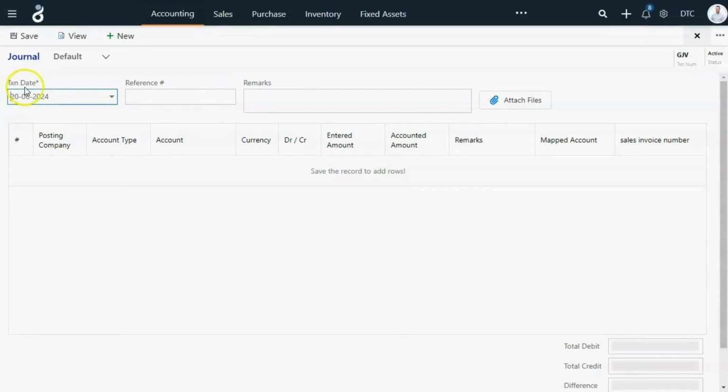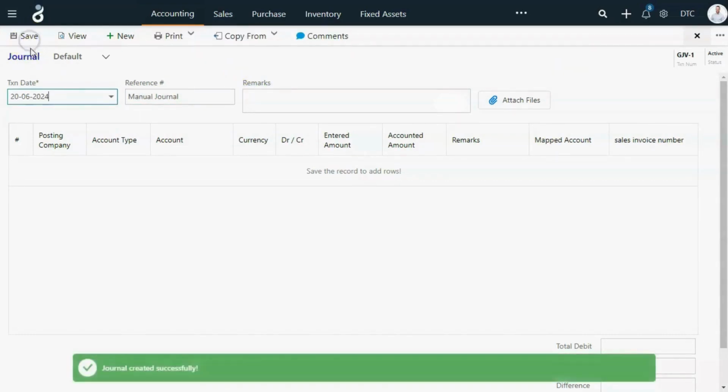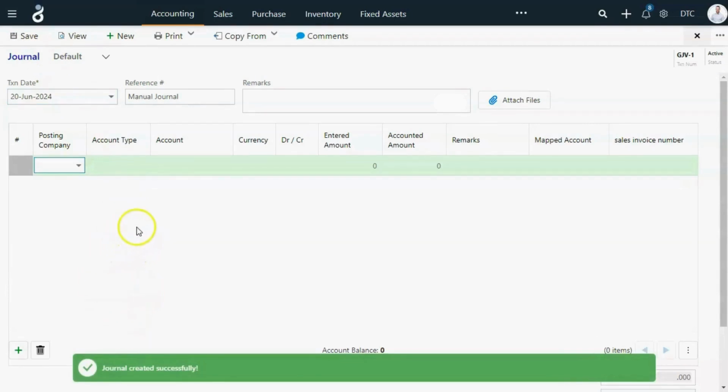Specify the transaction date. If you want to mention references, add them here. Mention any remarks if needed. Once you have added these header details, click on the Save button. After clicking on the Save button,